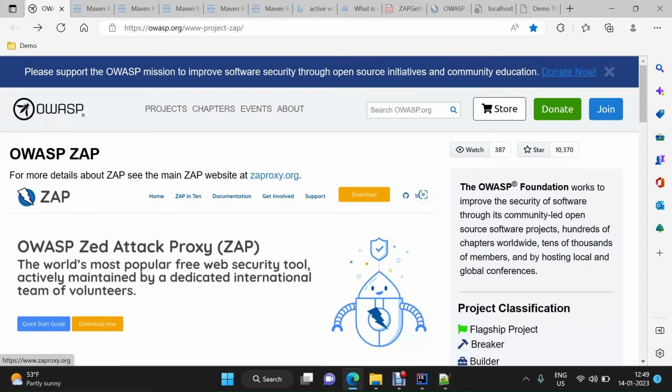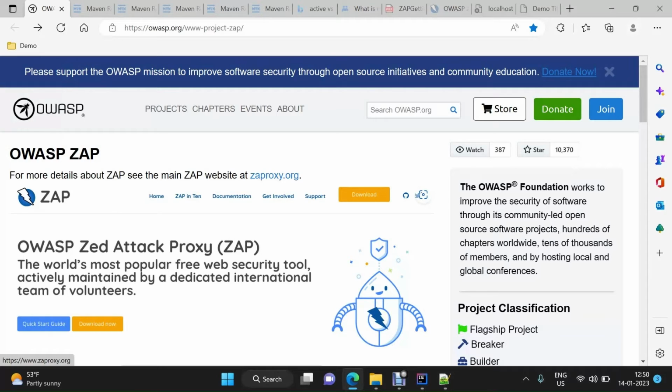We are going to have a demo on OWASP ZAP, and we are going to see how we can automate it with the help of Java, Selenium and ZAP API. So basically, ZAP acts as a proxy, and as it is acting as a proxy, that means it is an interface between the browser and the network. It scans the HTTP messages which are going through the network, and it can also modify those messages